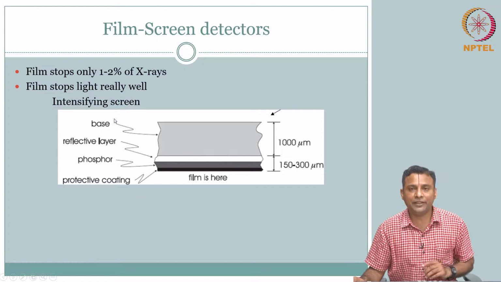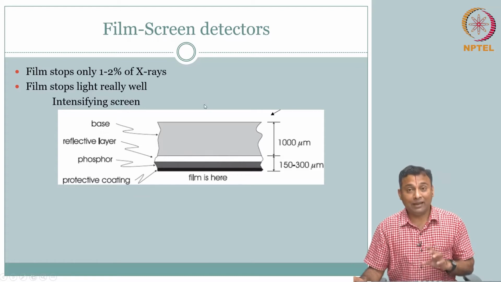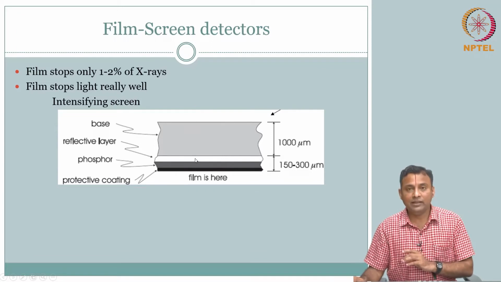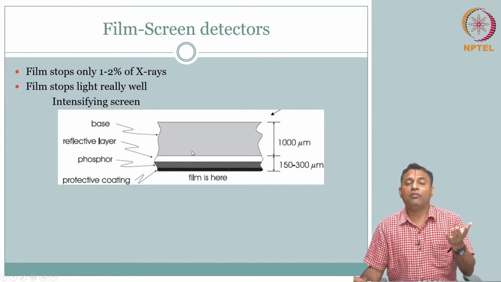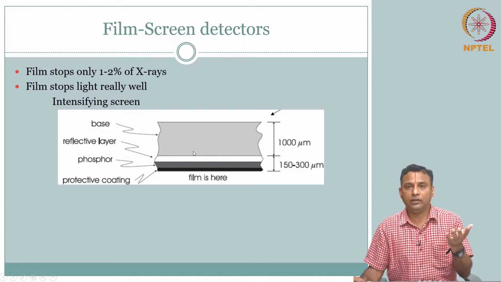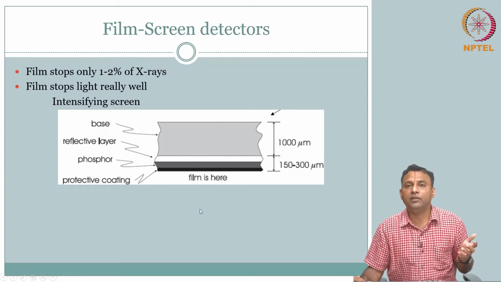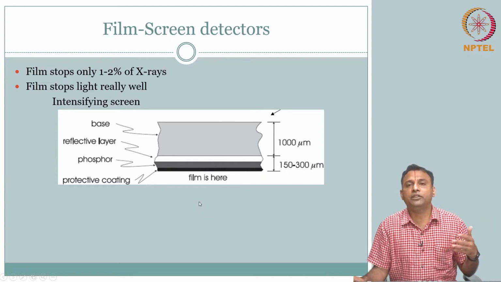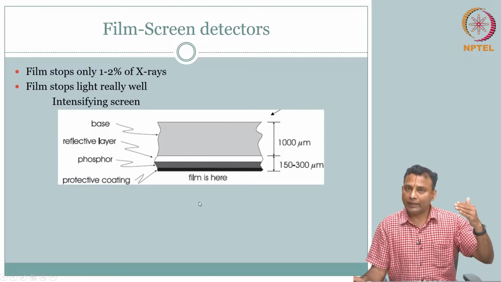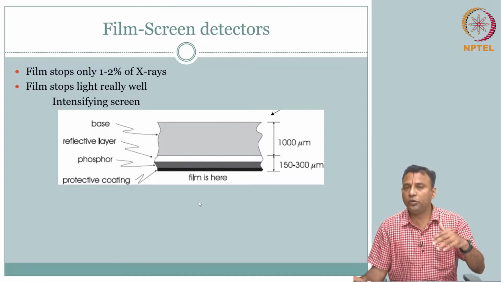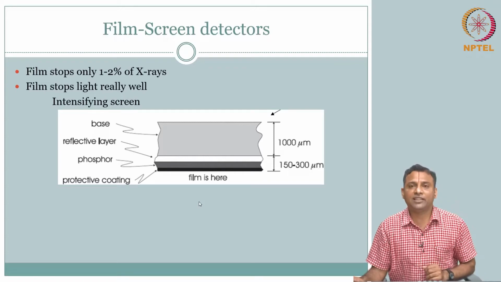So you understand the role of an intensifying screen. It is intensifying. What is it intensifying? The number of photons from the X-ray that is coming and hitting, but the number of light photons that come out is way more, and with those light photons you can use a photographic film, because you know the efficiency of spoiling photographic film, and the whole ecosystem of photographic film, what chemicals to be used, how you develop it, all that is well established, right?